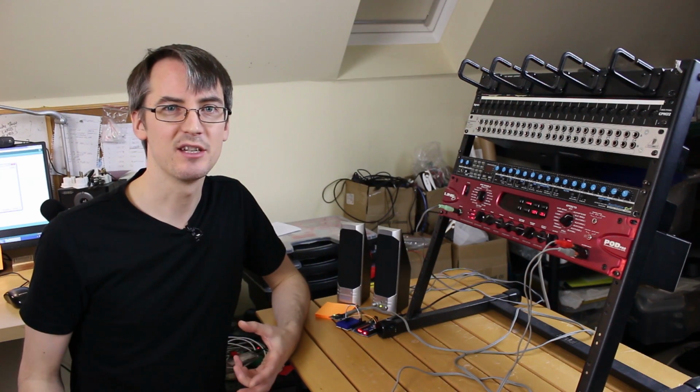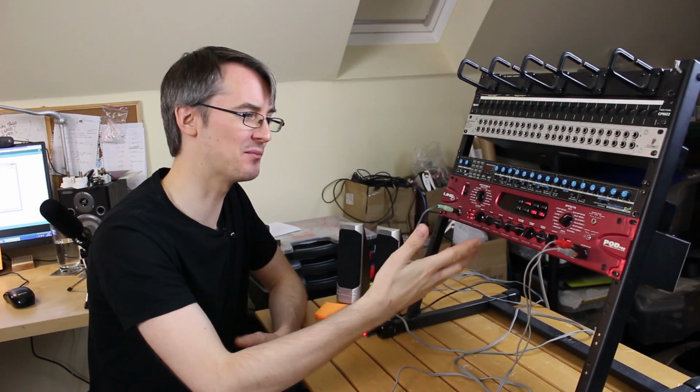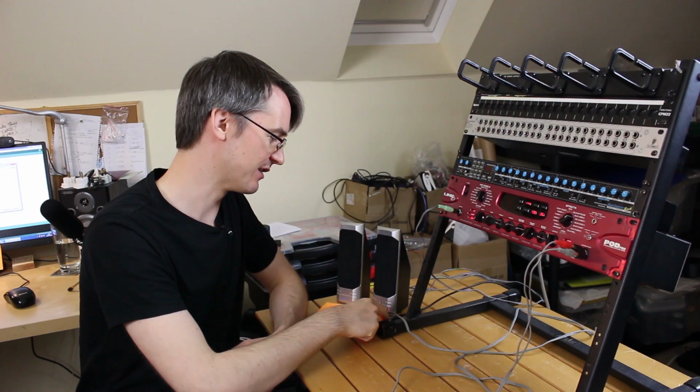I decided I wanted it to sound even more like Ultron, so I got out some of my old home recording gear. I've got a Line 6 Pod Pro here, which is really a guitar processor, but it's got lots of effects, so I've wired that speech module through this processor. And now if I trigger the sounds...